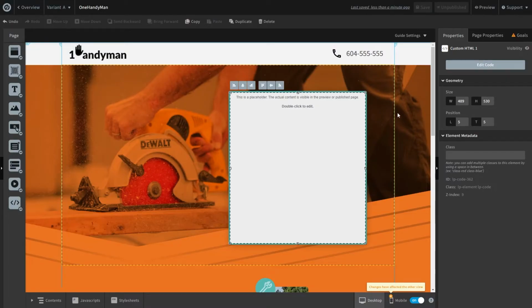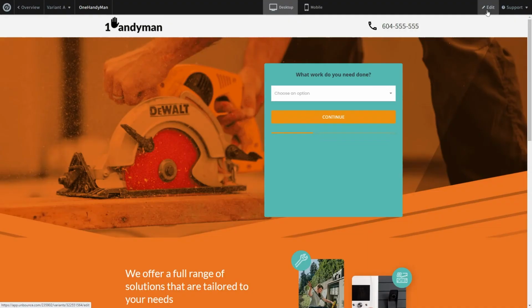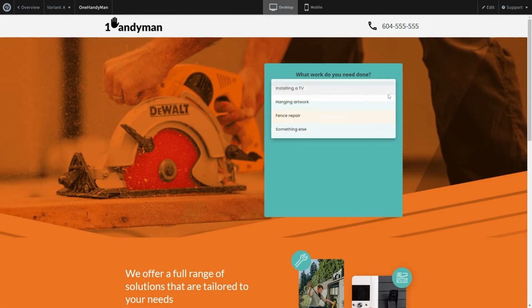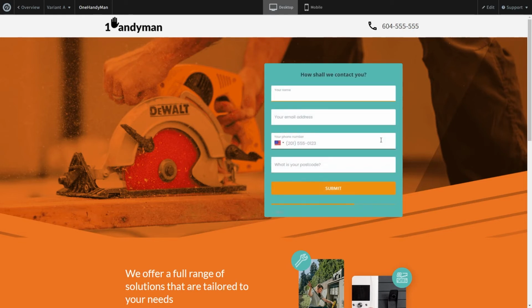Of course, we have to make sure this is all going to work as it should, so we'll move on to the test. By clicking Preview in the top right, Unbounce will show us how this looks. And as you can see, if I say that I'm installing a television, I get asked for more information about that TV thanks to Growform's powerful conditional logic. Let's fill in this form now to check it works. As you can see,